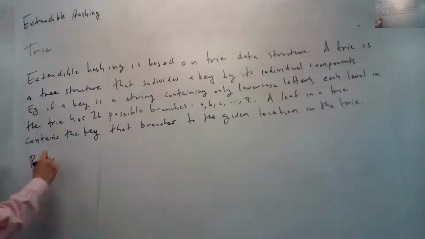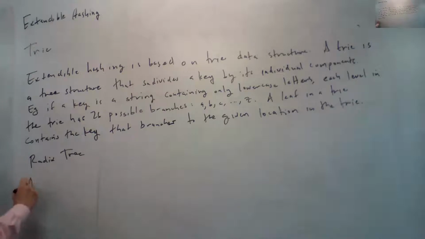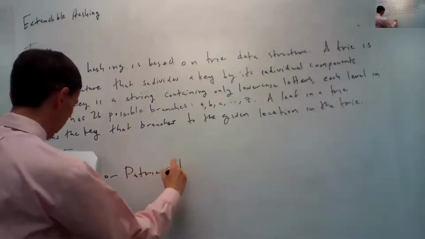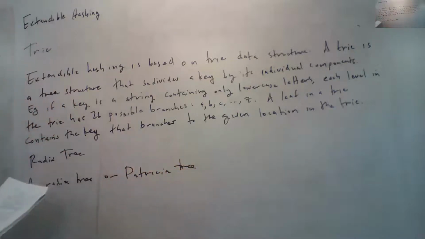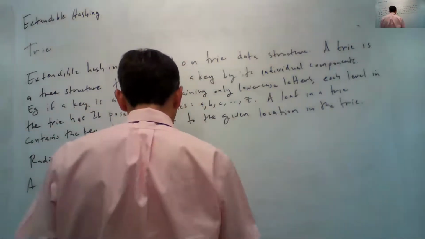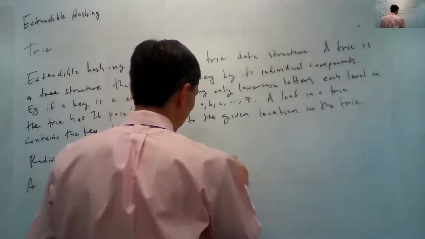So these are just a slight variation on tries. So a radix tree, or it's often called a Patricia tree. Patricia stands for Practical Algorithm to Retrieve Information Coded in Alphanumeric. And so somebody got a little crazy with their acronyms, but anyway. It's actually a Patricia trie, my bad. A Patricia trie is a compressed trie,